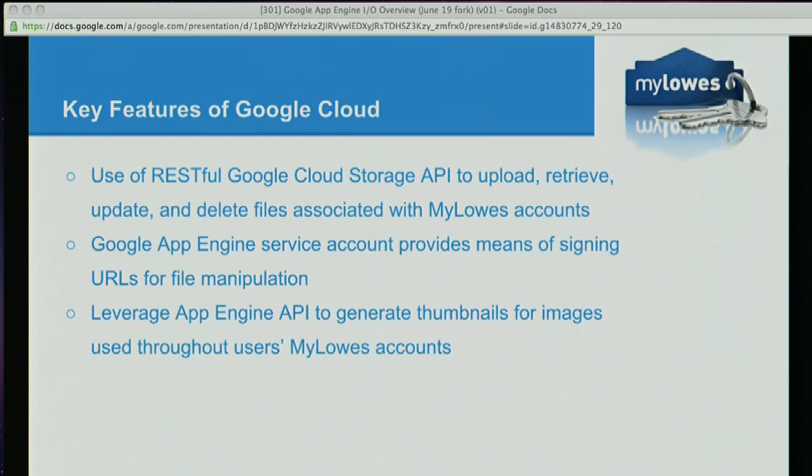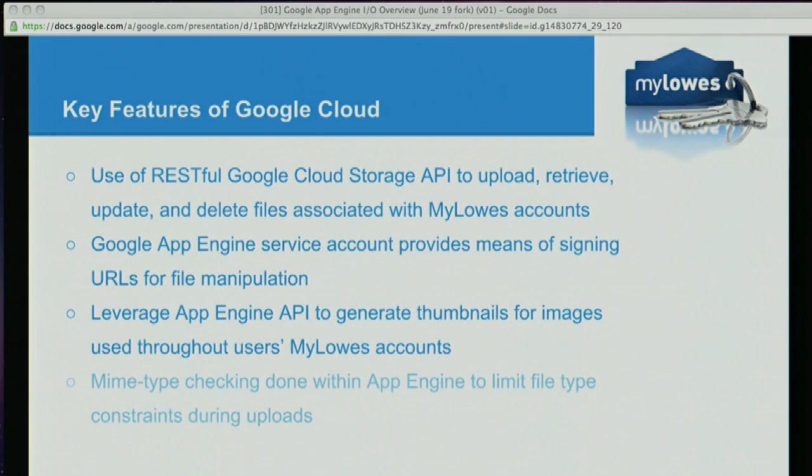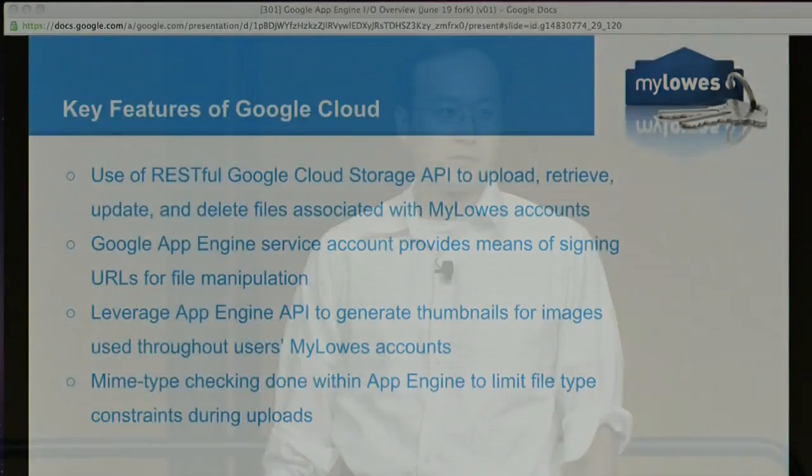And I don't know if you were paying attention, but we also leverage the App Engine API image generation features. Anytime a user uploads pictures into their MyLowe's accounts, we generate thumbnails of different sizes that we use throughout the site. We also do some MIME type checking, so we prevent users from uploading harmful files into their accounts.